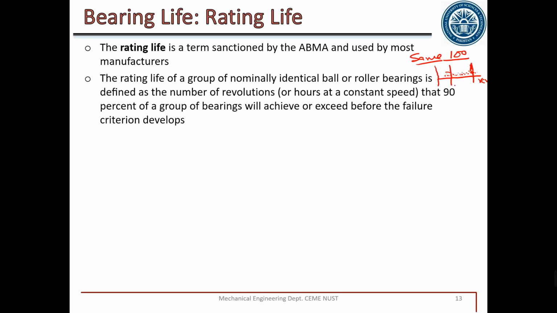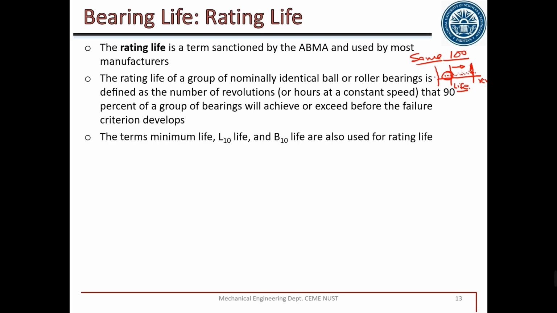These 10 bearings, let's say this is the life of the bearing. Catalog life, that is the catalog life. This is the catalog life for which 90% of bearings have achieved more than this life and 10% of bearings have failed. So this is catalog life, and this is the life that is used, it's L10 or B10, life 10, or B10 for bearing.